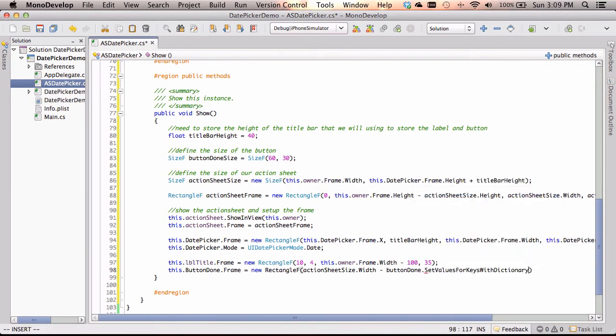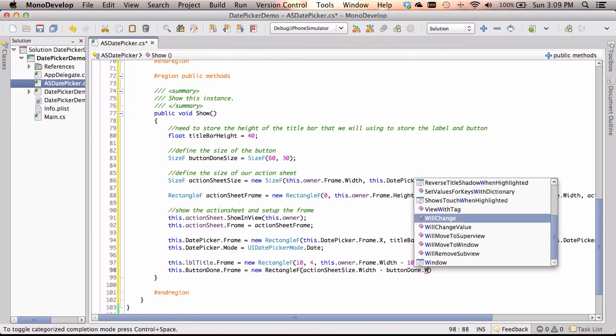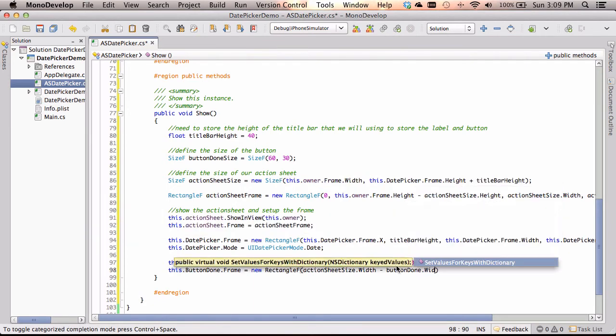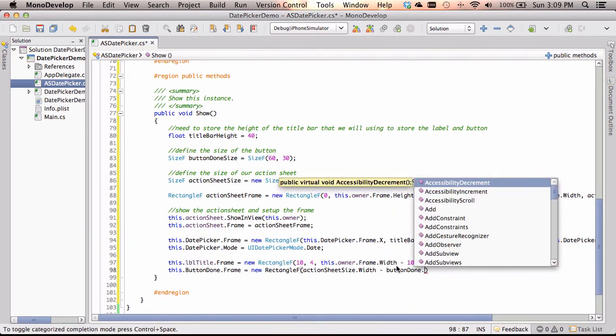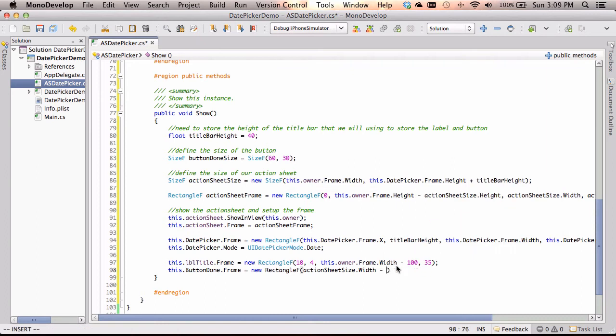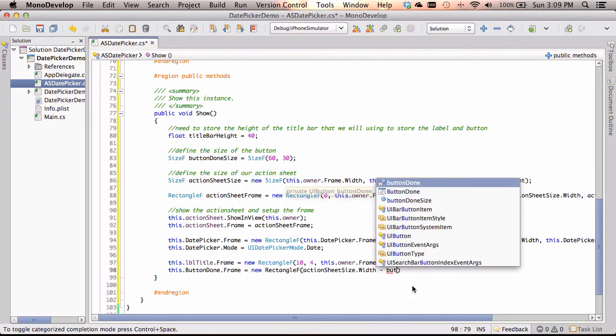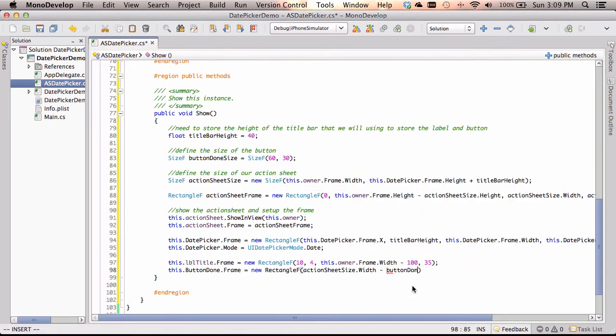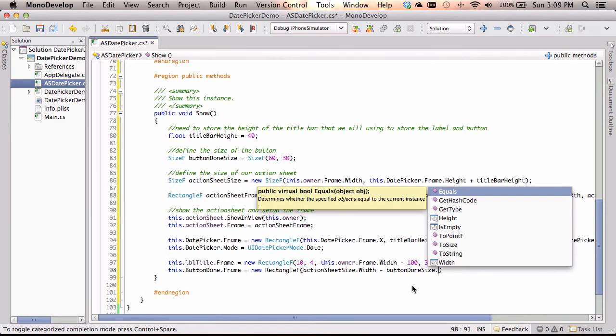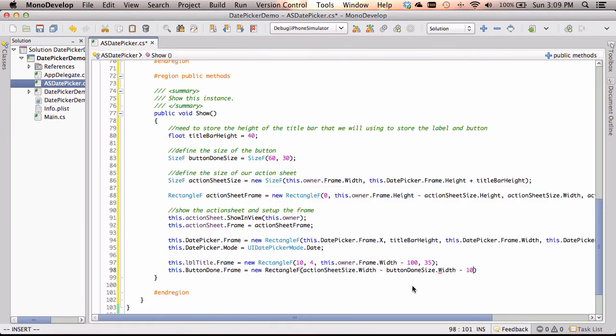width. Oops. I'm really having one of those bad typing days where my fingers are thinking faster because I'm trying to talk at the same time. Done button. Oop. I forgot to use the size variable that I made. Done button size that we made up here. Remember I said that we'd use those so we would make those. So if I could just actually type that in. Button done size dot width minus 10,